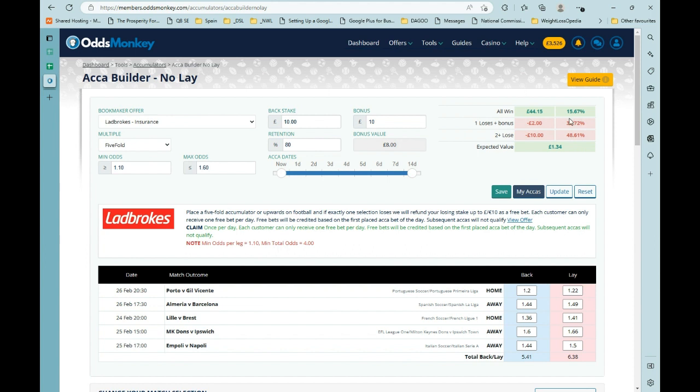So for all to win, the software's working out that's a 15.67% chance of all of them winning, which is quite low actually. The chance of 1 losing is 35, and then the chance of 2 or more losing is 48%. So I'll try and look at this figure and try and get it as close. You know what, you want to be close at 20 or even over if you can, 20%. And then this figure,